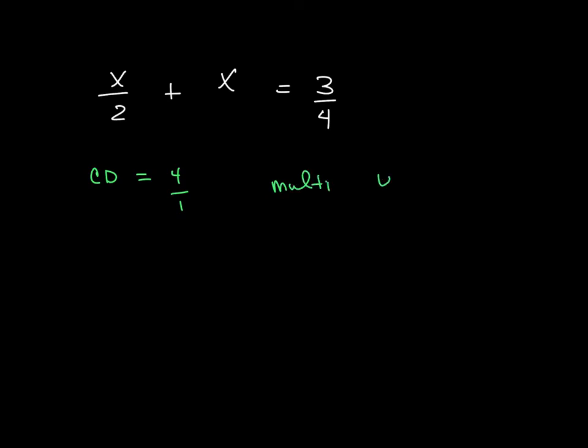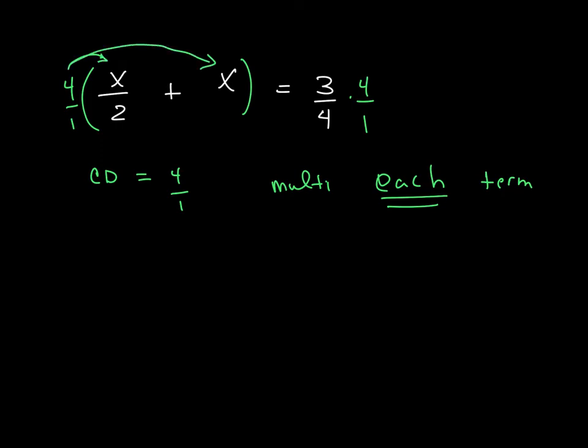times each and every term. So if you want to think about that as taking that and on the outside of this put a 4 over 1 times both of them. Now the reason I do that is so that when I distribute, and after I'm done distributing, I'm all done with fractions. So what I'm left with is 4 over 1 times x over 2